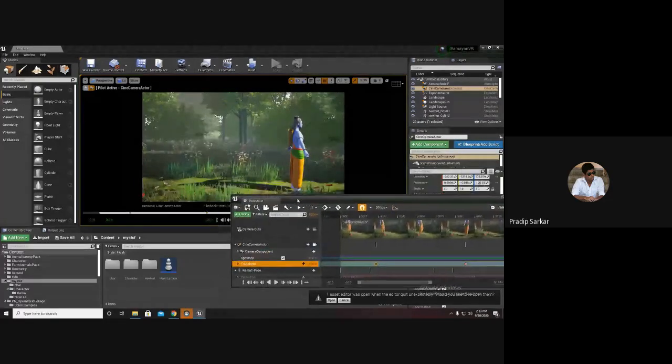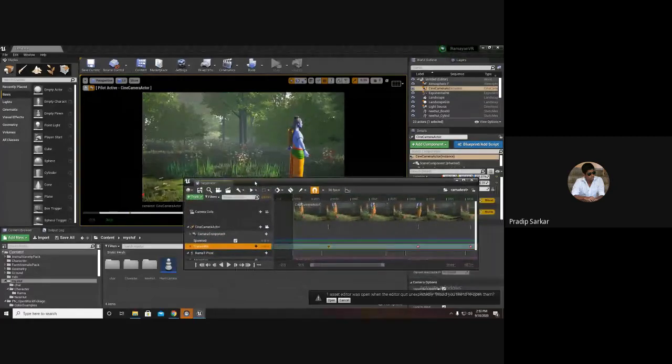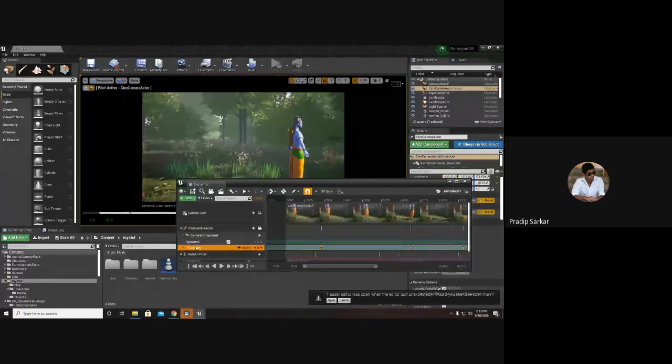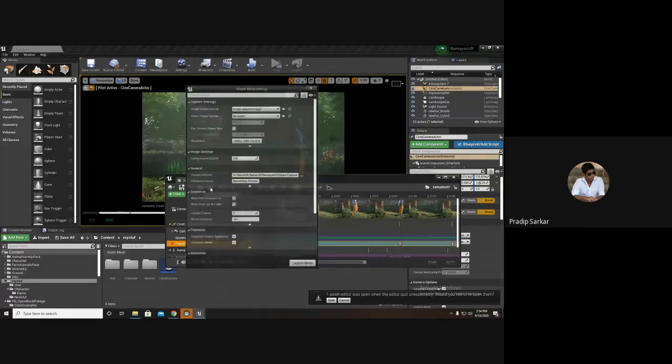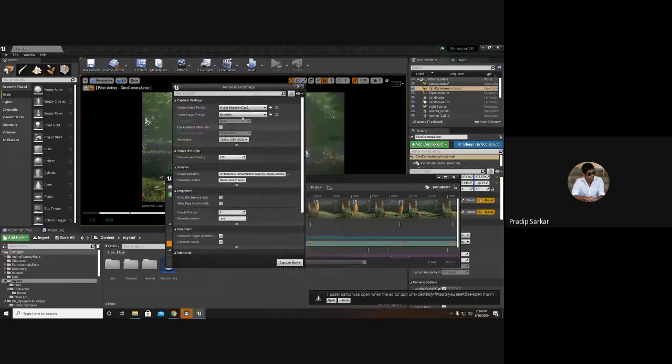This is how we create a sequencer. We create a shot. For the shot, we create a camera. Once this is done, once everything is finalized, beside the create camera button, there is a render the movie. It is a render button. I hit the render button, it will give me the render settings.